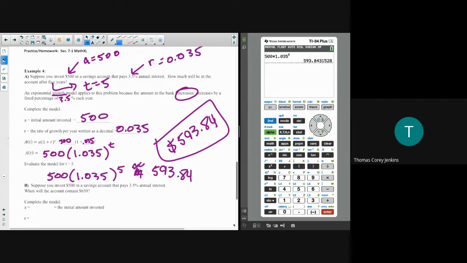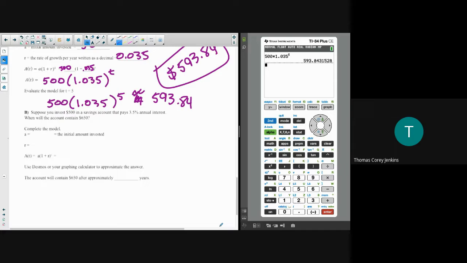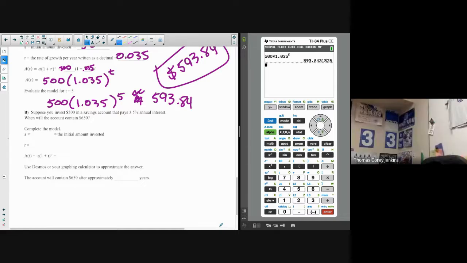The next one, I'll go a little bit quicker on because there's a question I wanted to get to. Let's go ahead and look through this one because it's a little bit different. So here we're investing 500, still pays 3.5%, but the question is different. The question here is, when will we get to $650? We know it's sometime after 5 years, because 5 years gets me to just over 590. So really here what we're asking is 650, because that'd be my A of t,